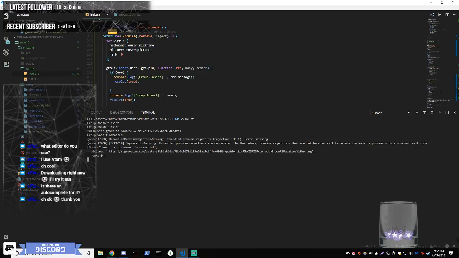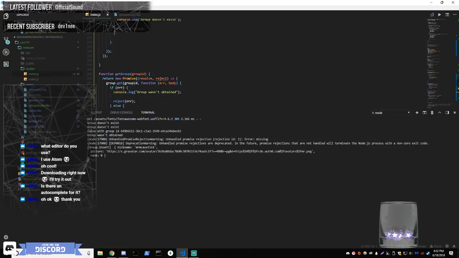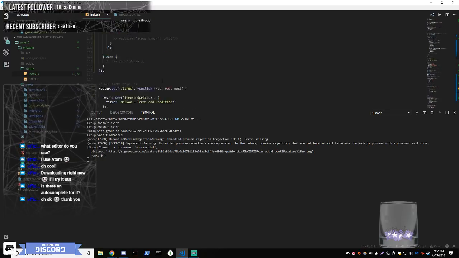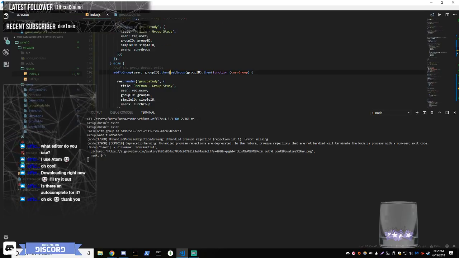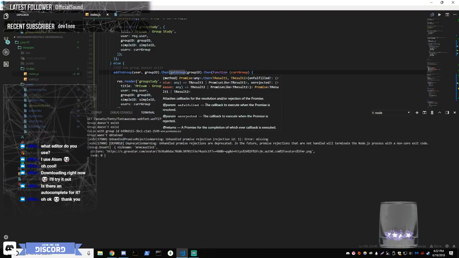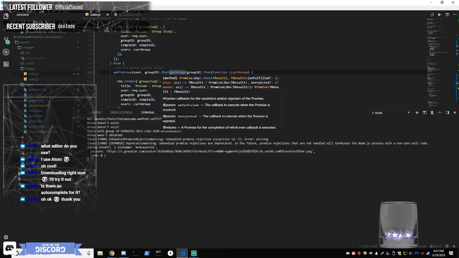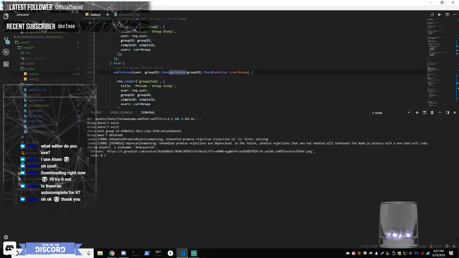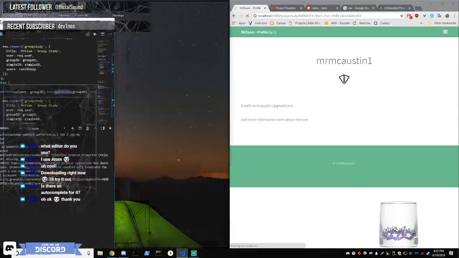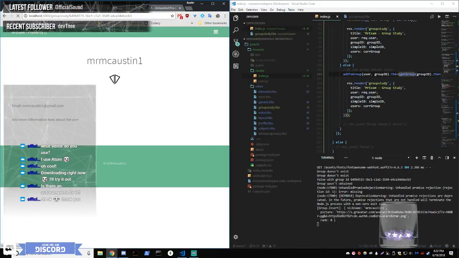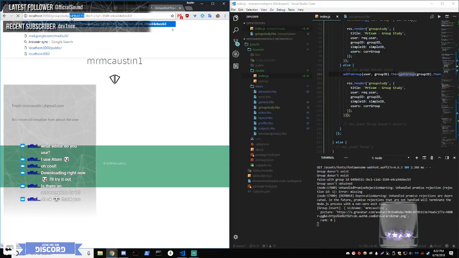So the insert group resolve true. So what we need to do is get group dot then unfulfilled. The callback to execute when a promise is resolved. Okay. So it should work. Keyword on should. If I change this to 7,